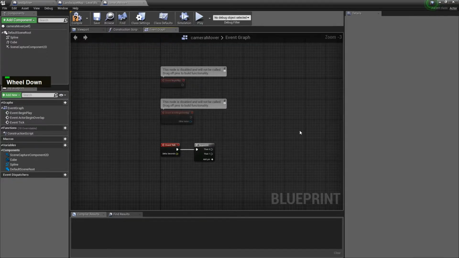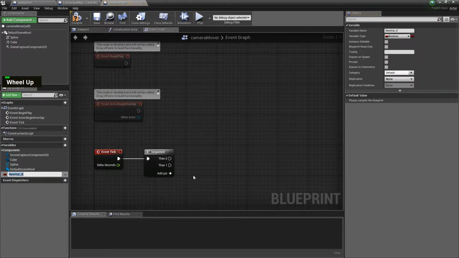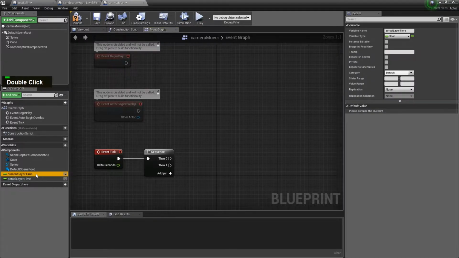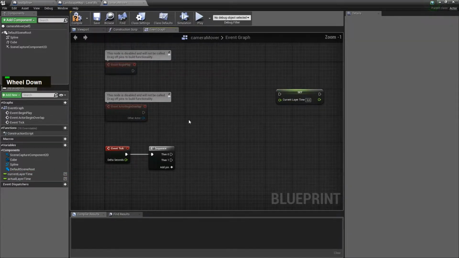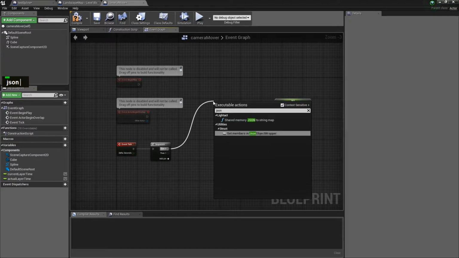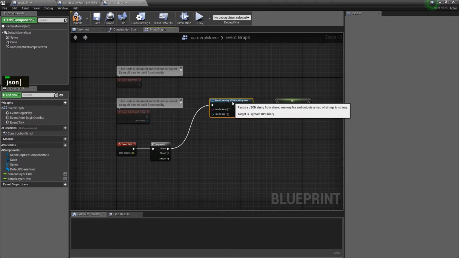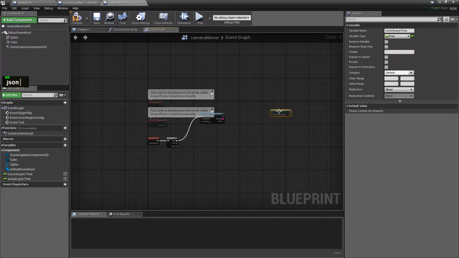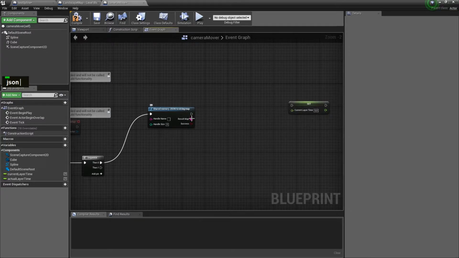So our first order of business, so to speak, is to receive the layer time variable from Lightact. So let's create a variable called current layer time, and let's change it to float, drag it here and click on set. And let's type in JSON. So this is the node that was added by the Lightact plugin, and it reads the shared memory and converts it